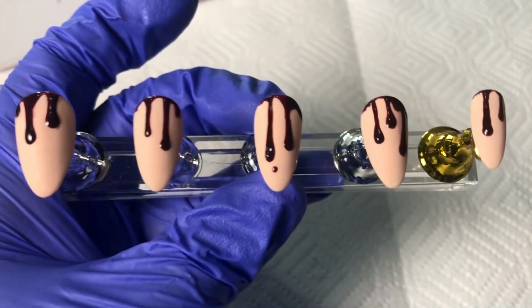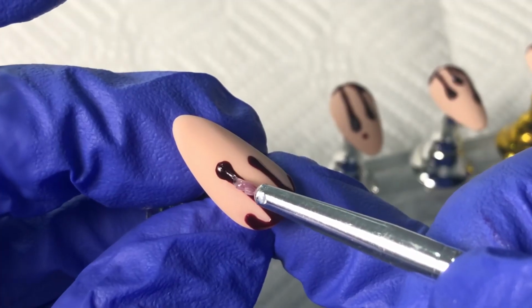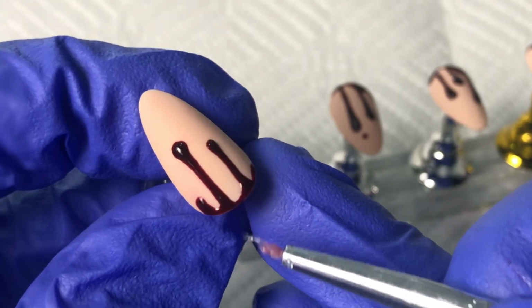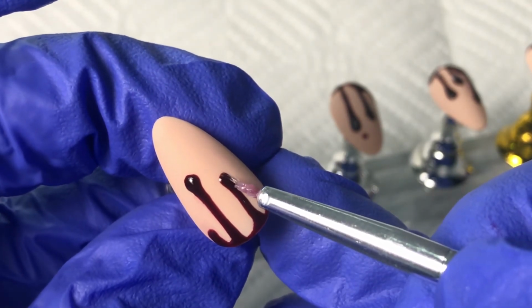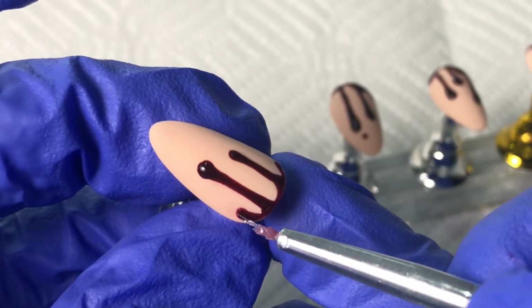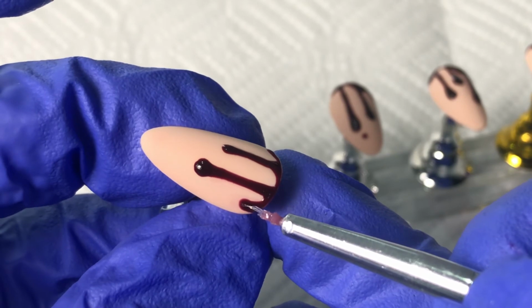So just remember, after you finish the design of one nail, go ahead and cure it in your lamp for a full 60 seconds. And then once you finish all of your nails, give it another cure just to be safe before moving on to top coat like this. So with my super tiny brush, I just have some top coat on there and I'm just carefully going over the red polish because